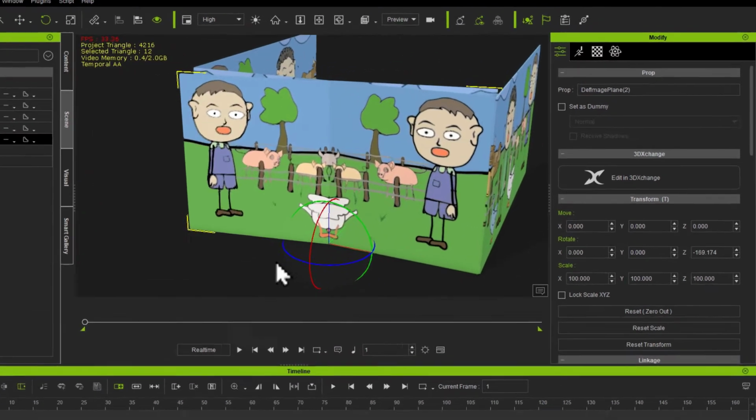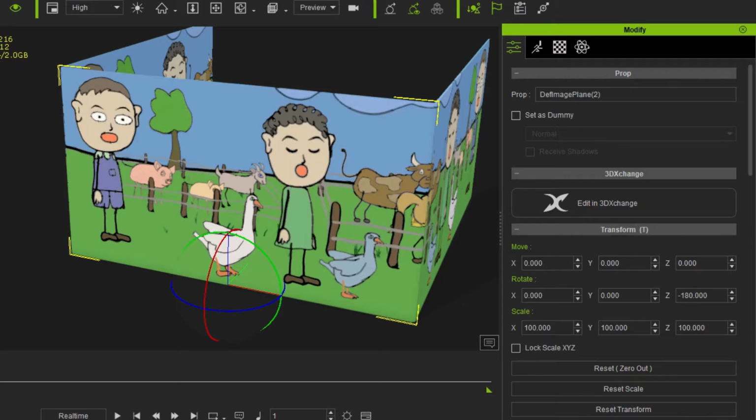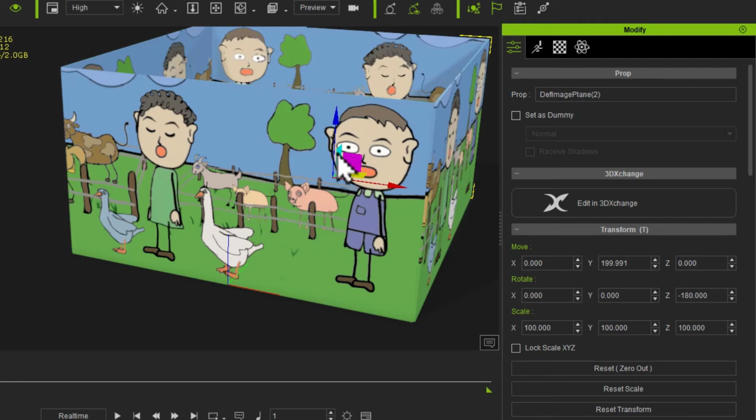We'll rotate that 180 degrees. Move to the back. And now we're set